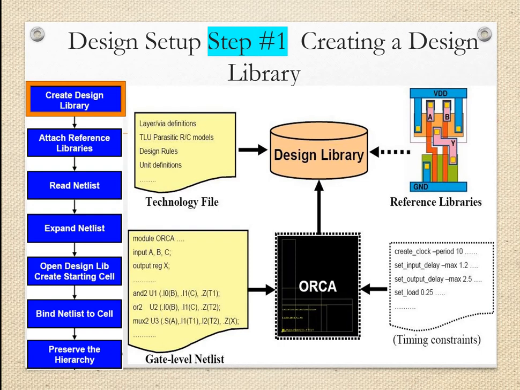Now this design library is a group of standard cells. As I have just explained, these are standard cells which are already designed and developed. The layouts are also readily available with the timing constraints and the different gate level netlist details. So that is the first step of creating the design library. The user can use ready-made, readily available components designed by different vendors, or they can design their own components and put them into the library.